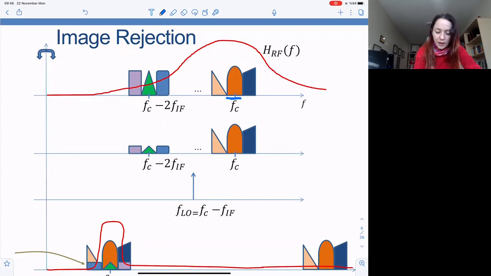Now, our RF amplifier, since it's a high center frequency, is not expected to be very sharp. This is operating at 100 megahertz, for example, so its characteristic is not expected to be that sharp. Think about our signals. Our signal is narrowband compared to it. So it's going to admit some portion of the spectrum